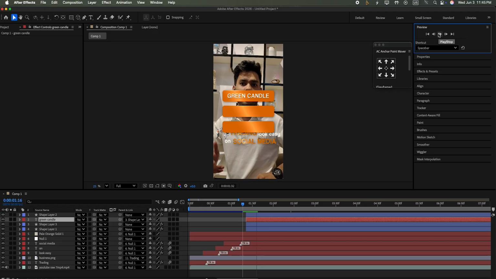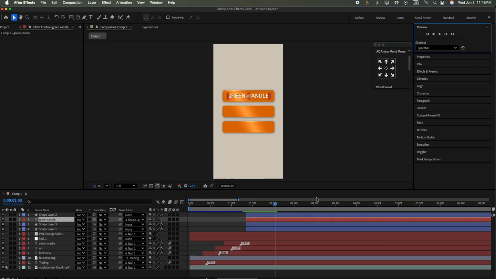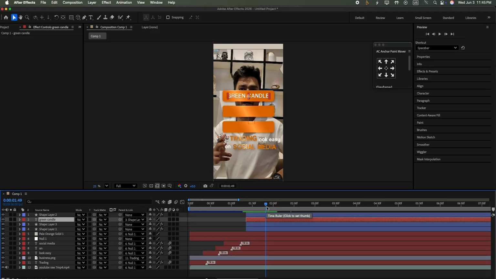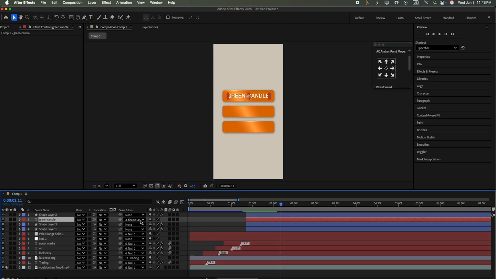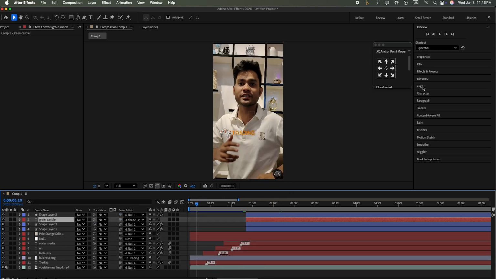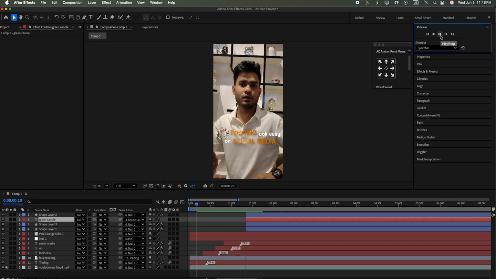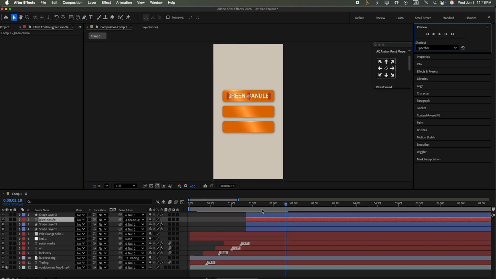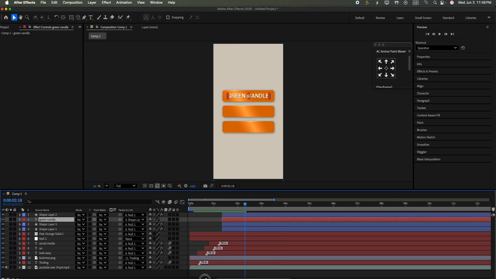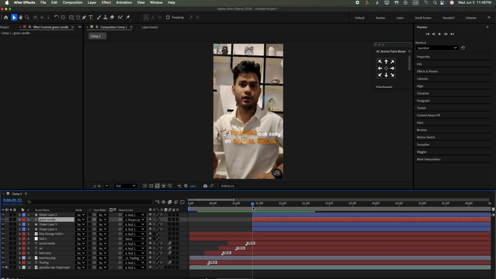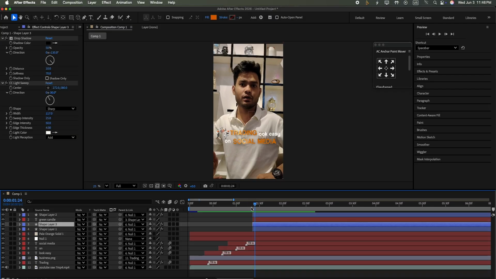So see the preview. Okay, now we link it with the null object. Now see it. But it's too fast. And then the keyframe size is increased, and now I go to the shape layer